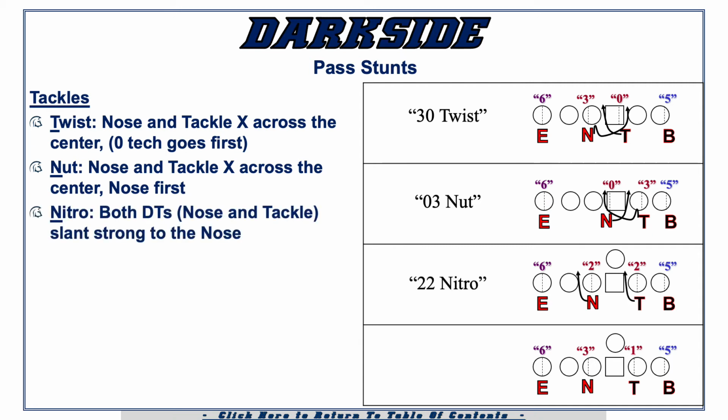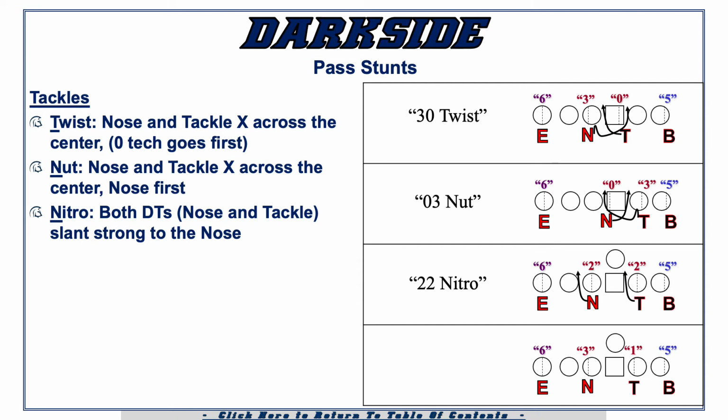Now, the next 2 are nitro and TNT. These are ones that we use primarily on pass downs, but they're also really good against option teams. And so what we like to do on this is if we have a quarterback that we feel is fairly mobile, this basically releases the nose and tackle to go chase him, but keeps the end and the bandit in their same pass rush that they were in, which will put them in a contained spot. So if we are to flush this guy out, he should run straight into our end or bandit, but also not create unreasonably large gaps in the middle for this quarterback to escape through.